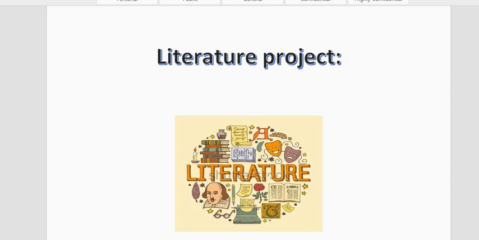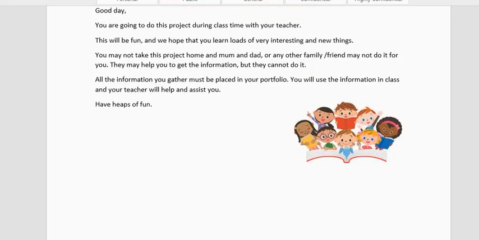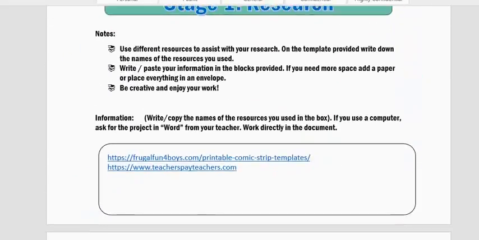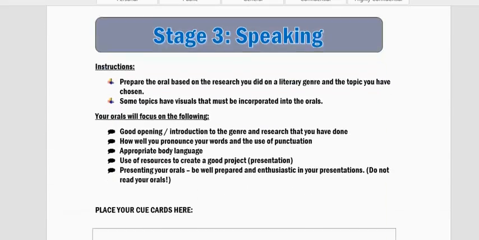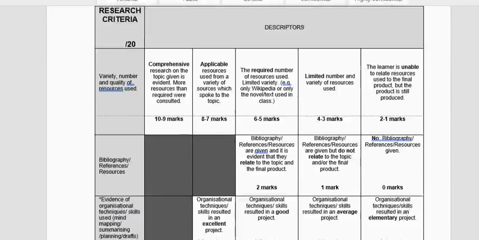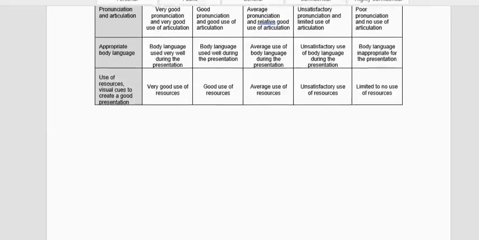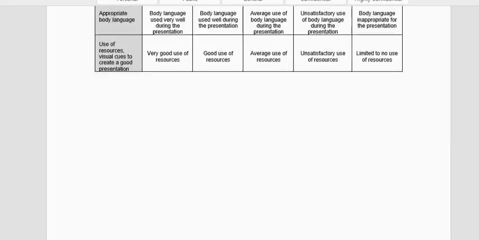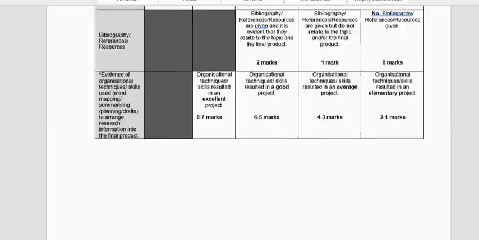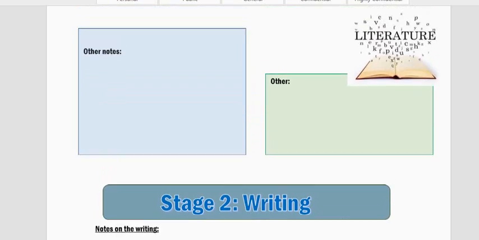Ladies and gentlemen, this is available for Afrikaans and it is available for English. You will also change this. You do not have to use the workbook. Let me quickly scroll through it so that you can see what it looks like. I think there is not enough space for everything in here. So I strongly advise you to use a separate learner portfolio file. And what I think will really work the best is a plastic pocket file because the learner is going to gather a lot of information and he needs to place it in separate little divisions.